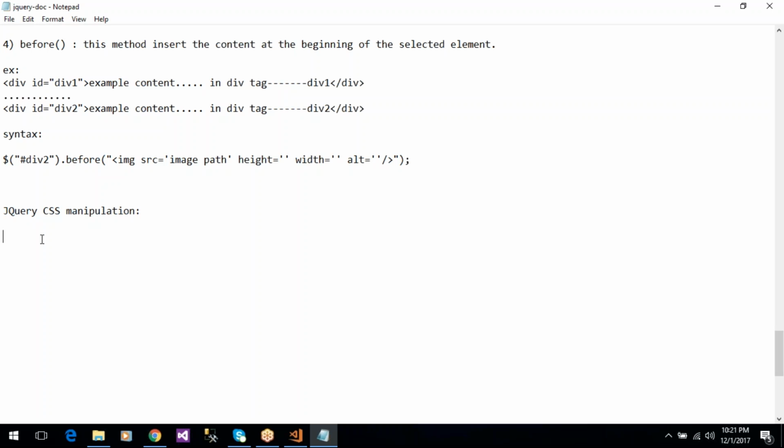In jQuery, CSS manipulation is for adding classes and removing classes. At runtime, we can add already predefined CSS classes to the HTML elements. For example, at runtime, if you want to add an extra class to the HTML elements, we can add a class, or if you want to remove a class, we can remove it, and we can add extra CSS properties to HTML elements. The following are the methods for CSS manipulation: